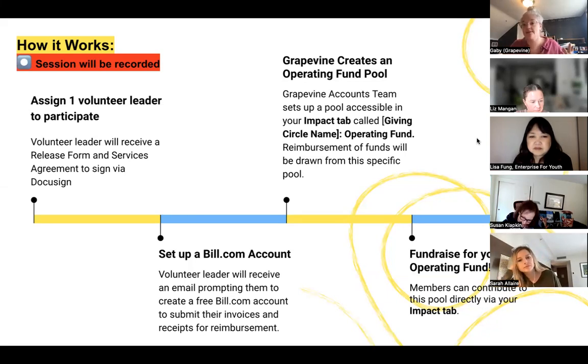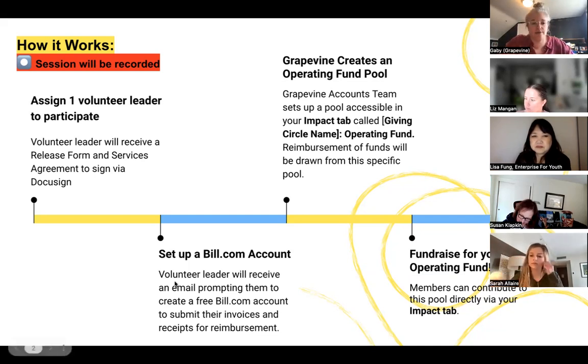Then on your end, it's really just about fundraising funds into that pool. There are some things to be aware of in terms of what we can and can't accommodate. So we'll get into that in a moment. But this is really high level, the process that you can really expect. All right. Okay, so now,